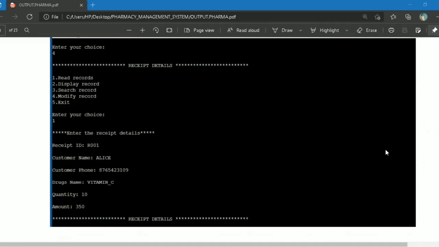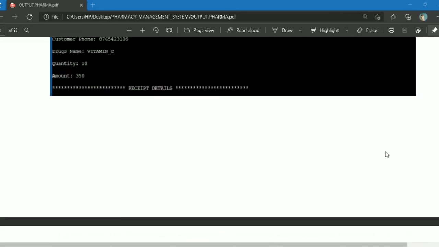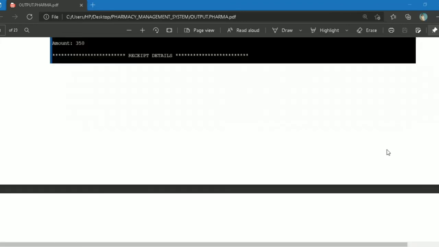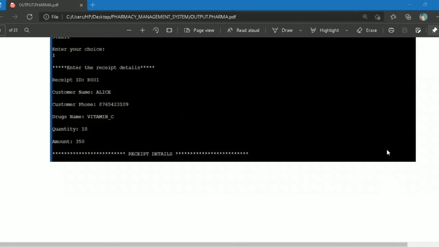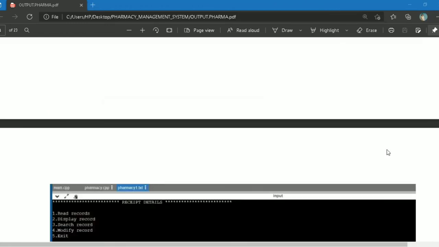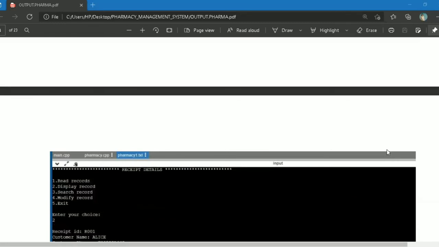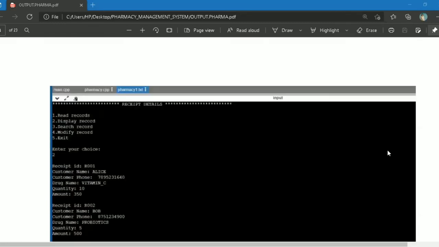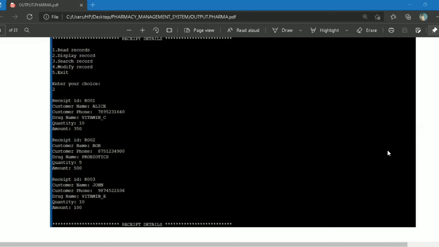I have entered another two records, which contain the receipt IDs R002, R003. Now, if the user enters 2 as a choice, it will display all the records that I have entered, such as R001, R002, and R003.